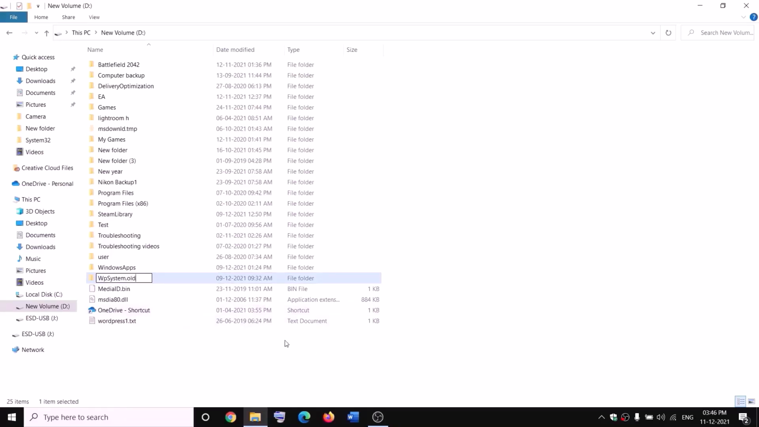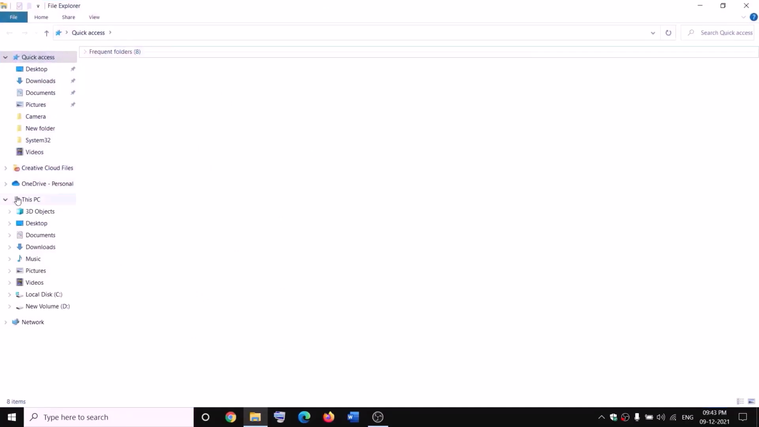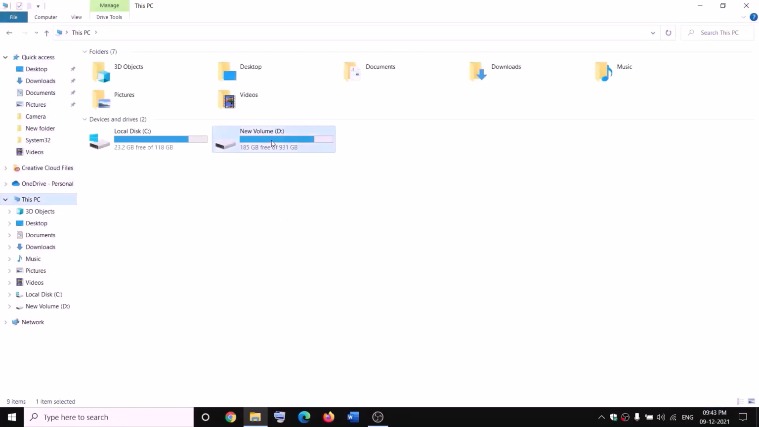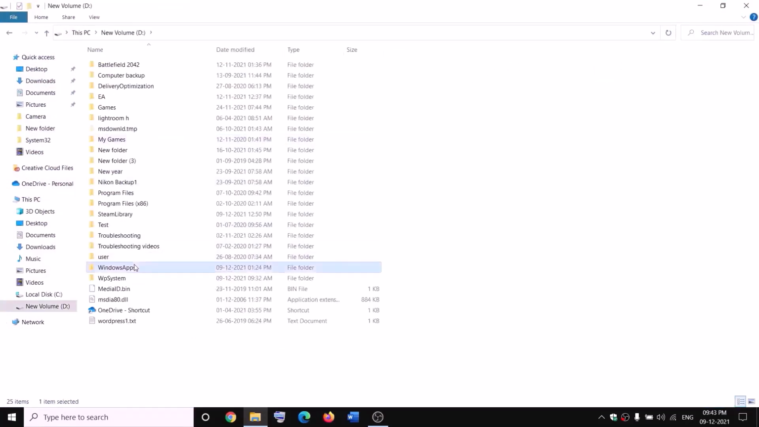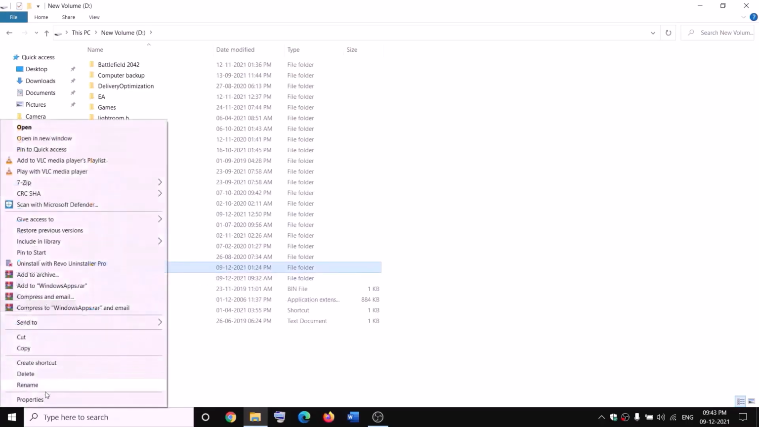Now if you still face the problem, in that case you can go ahead and restart your computer and then try to rename it once again. Open File Explorer and then go to This PC, open D drive, then make a right click on Windows apps and then rename it. Now before rename you have to take the ownership, make a right click, then click on